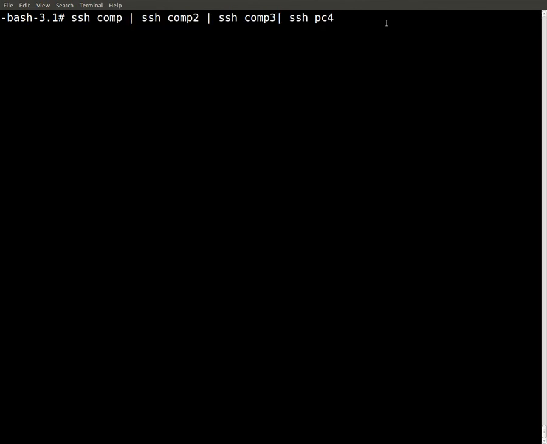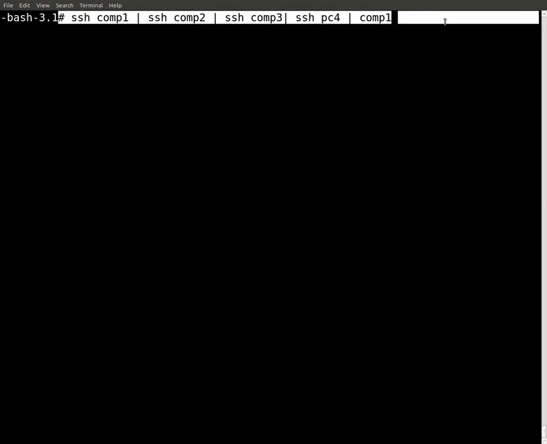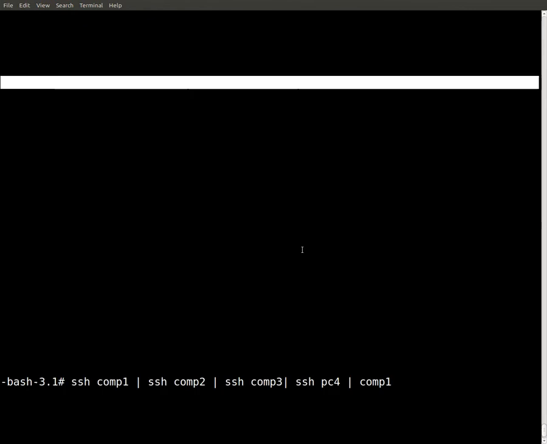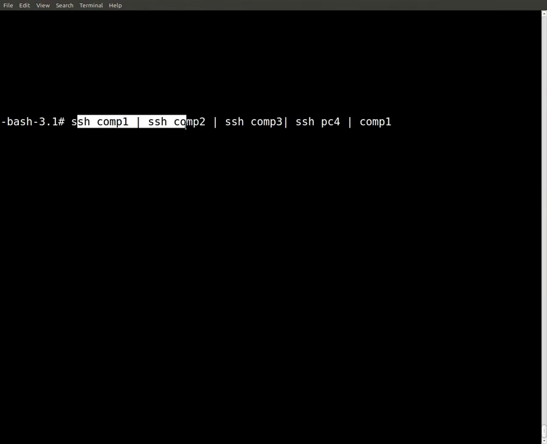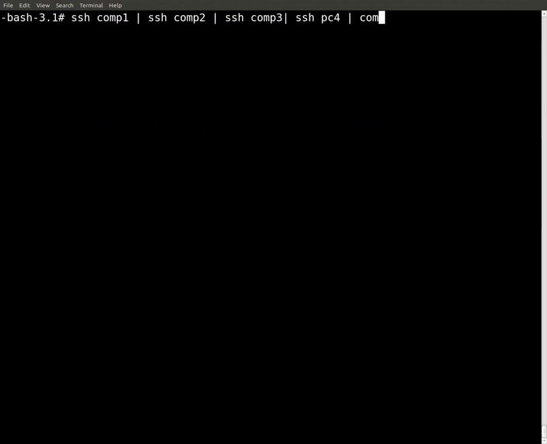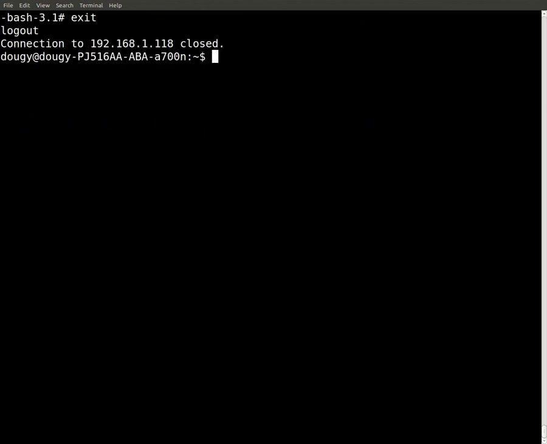Then let's say we wanted to connect back to computer 1. Well, that's a massive loop. That's a massive amount of breakpoints that with those systems could go wrong, and you really don't want to have all those tunnels. Okay, so I'm going to just exit out of